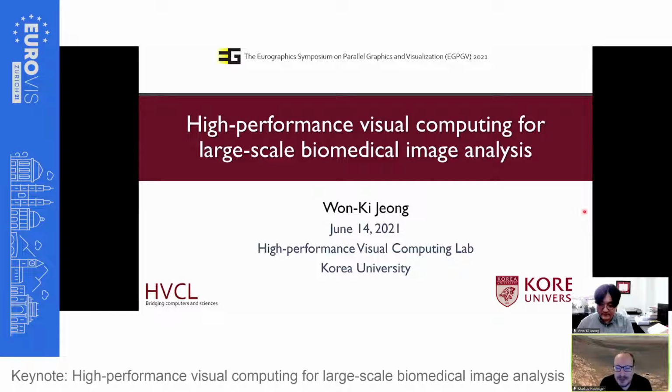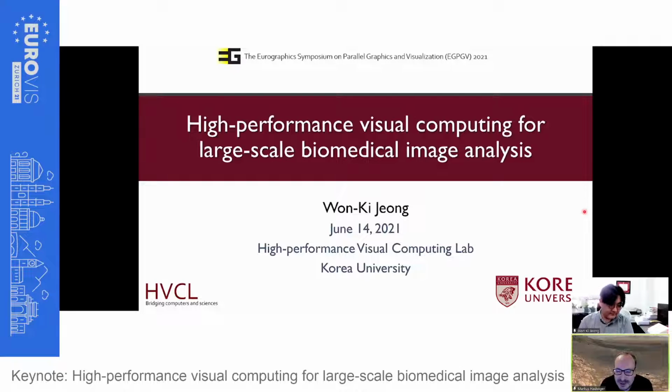Before that, he got his PhD from the University of Utah. Won-Ki's research interests include visualization, image processing, and parallel computing. But I find it especially impressive that his research is very broad and at the same time very deep over the years. Won-Ki has done a lot of work in GPU-based techniques, as well as in distributed systems approaches, machine learning and deep learning implemented on massively parallel and distributed architectures, domain-specific languages, and many of these things. I think this is a really impressive combination of research work. And he also did that for a large variety of applications, from visualization to neuroscience to biomedical imaging.